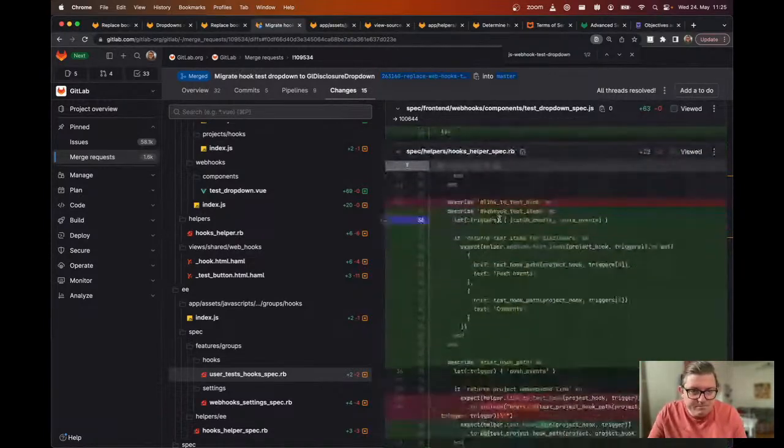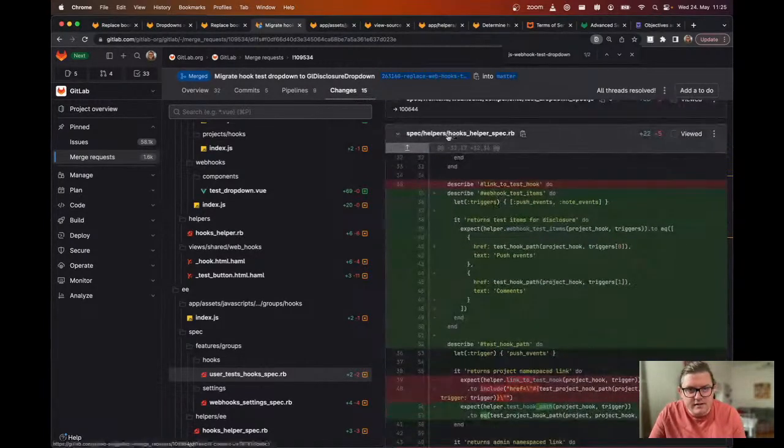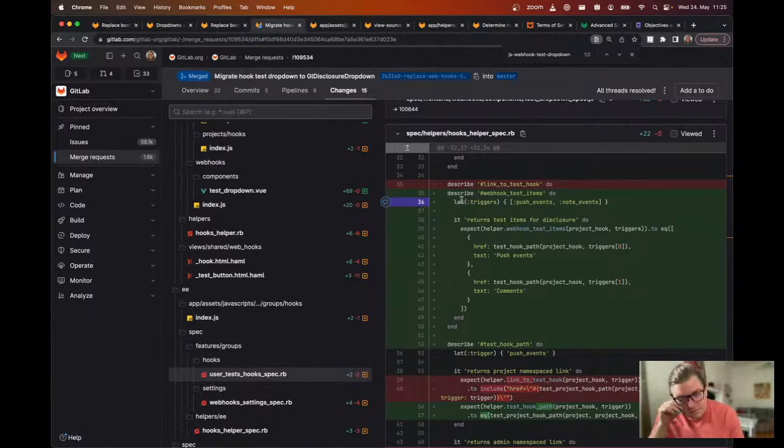Anyway, so these are the Ruby tests. These are a lot harder to write, particularly if you're not used to Ruby. And as a front-end engineer at GitLab, this is about as much Ruby as we need to do. Usually, we just do Haml, but we also write feature tests. So feature tests would be like, instead of,